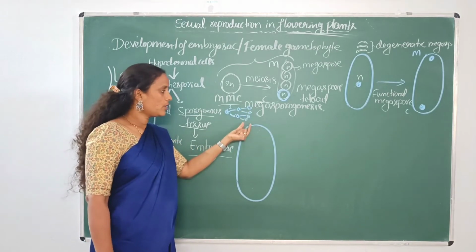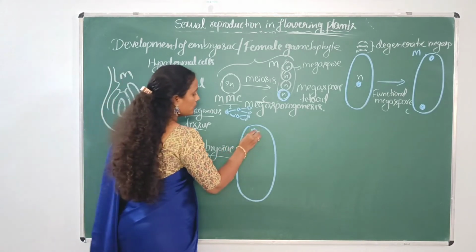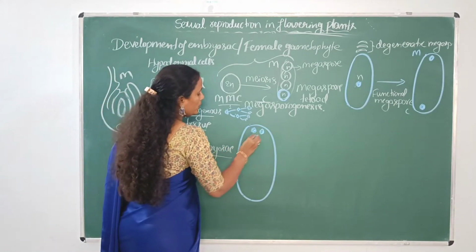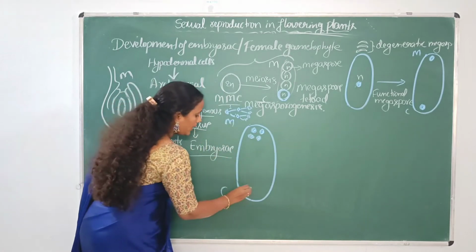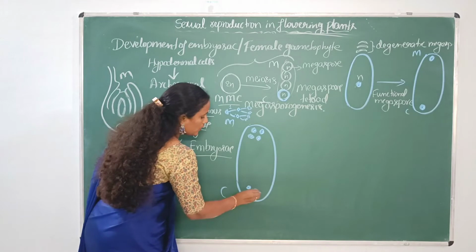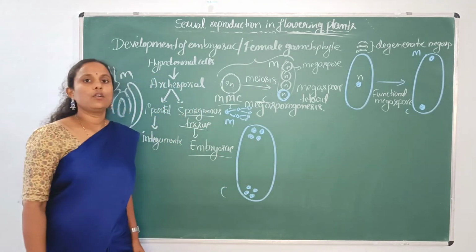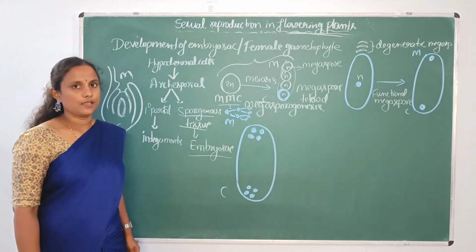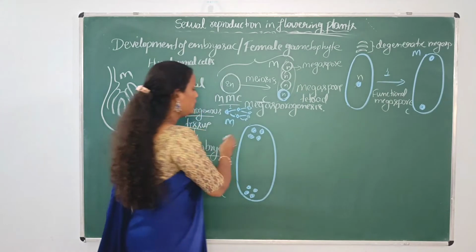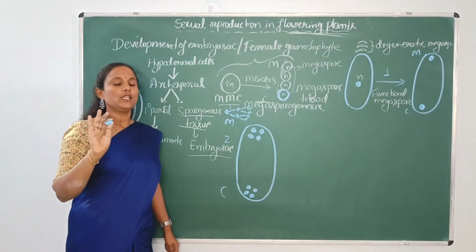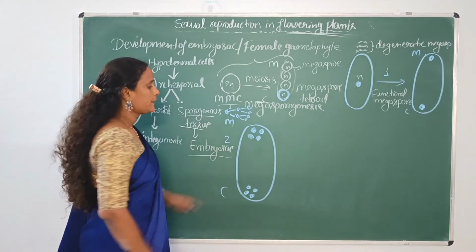Yes, 4 nuclei here and 4 nuclei here. So there are 4 towards the micropyle and 4 towards the chalaza. Remember, the nuclei are undergoing free-nuclear divisions, 1 division and then 2 divisions, totally 3 successive free-nuclear divisions. After this,